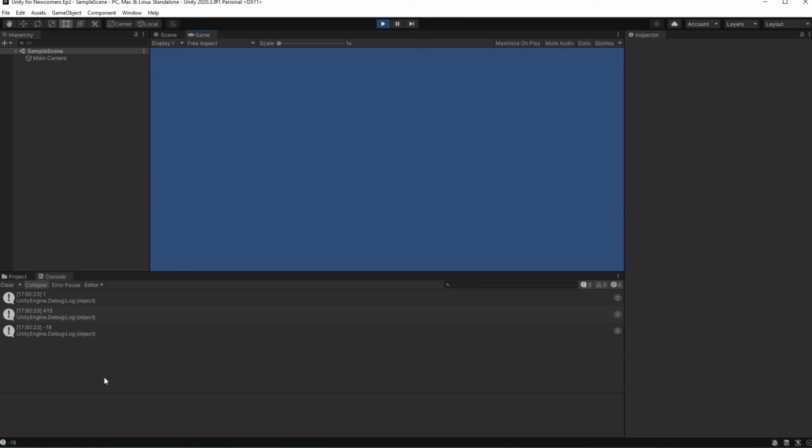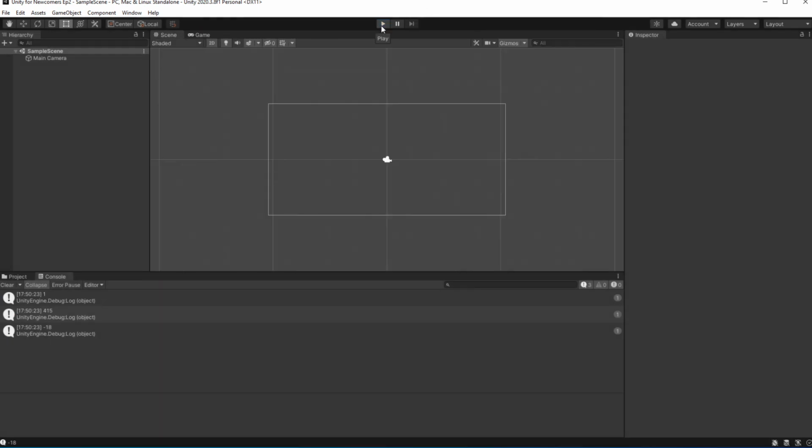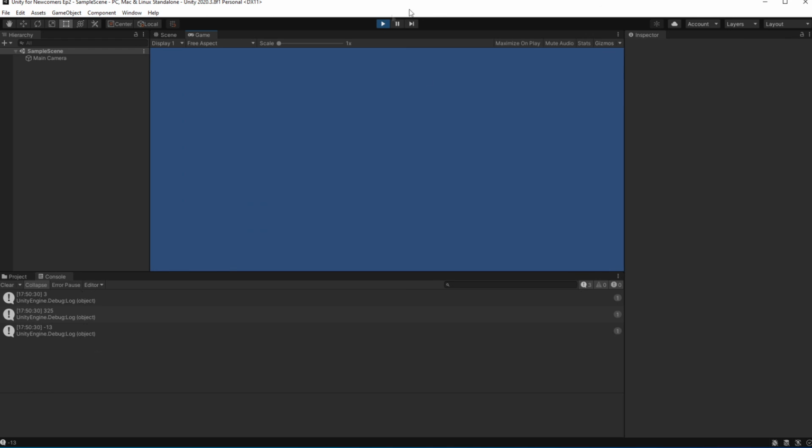So now, if we launch our game, it will be generating random numbers between the range we passed.